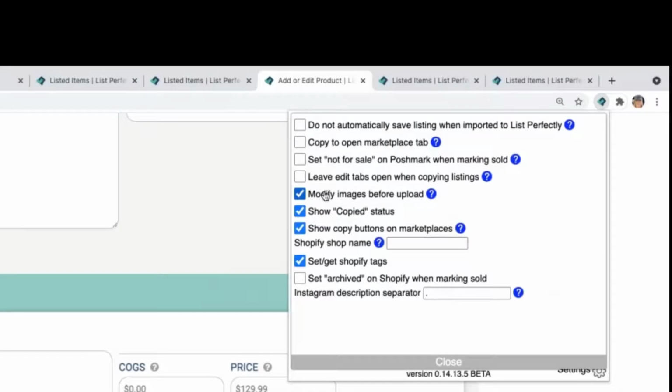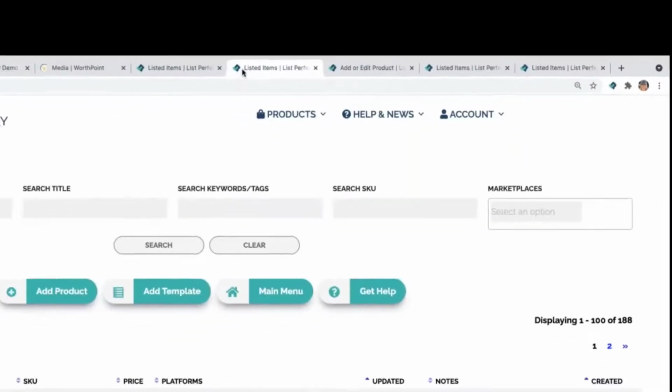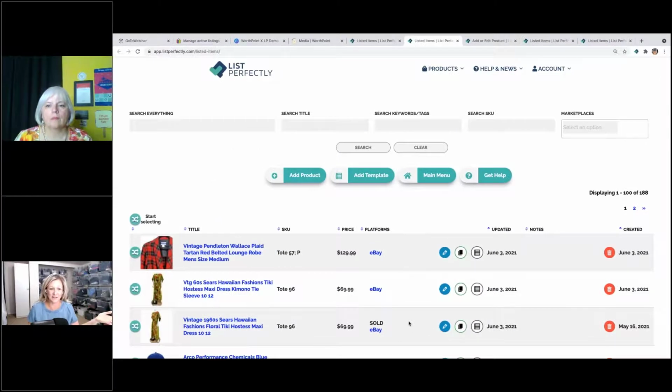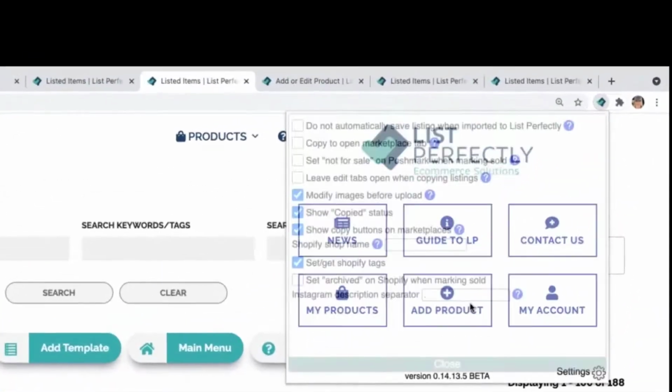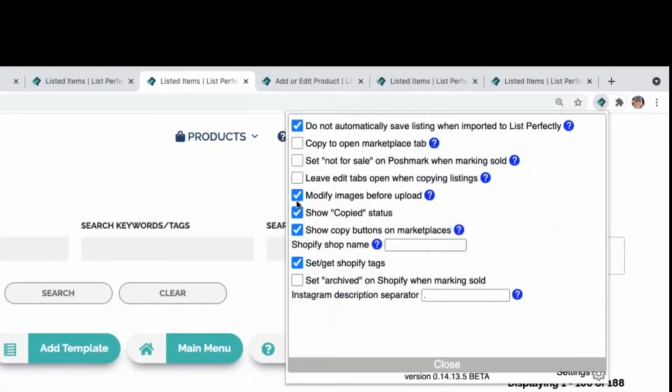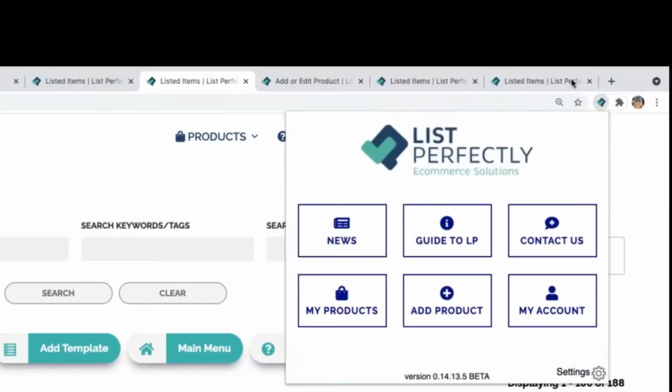So you saw that I just took things from eBay and put them into my List Perfectly catalog, and it just showed like this, right? It just imported it, it saved it, it closed it out, it's done. If I choose Do Not Automatically Save Listing,